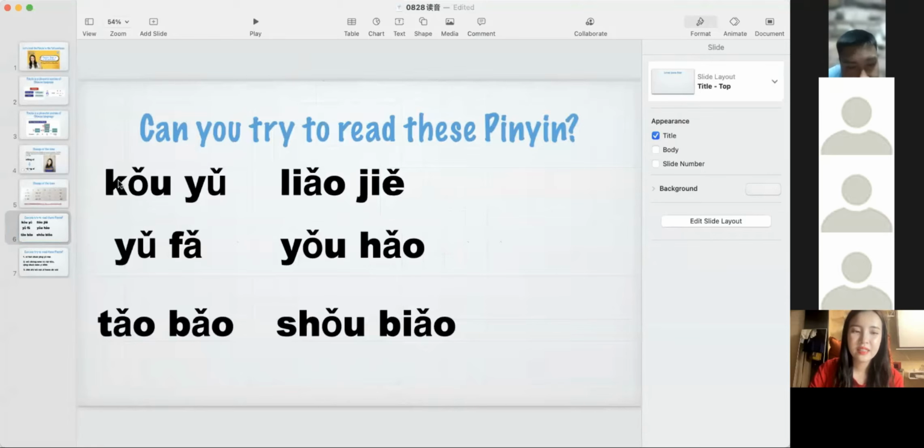Basically, when two third tones combine together, we change the first character into the second tone. Did you get it? 可以。来，开始啊，试一试。